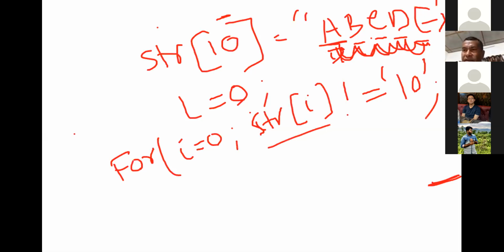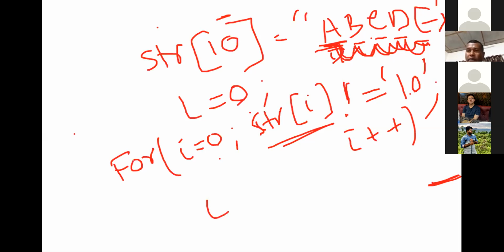Are you getting this statement? Yes, sir. i becomes 0. 0 means the base address, this A. Then it will compare up to this. Then i plus plus. Next time i becomes 1. Check whether it is the next null character or not. It will repeat, and till it becomes null character, it will stop.